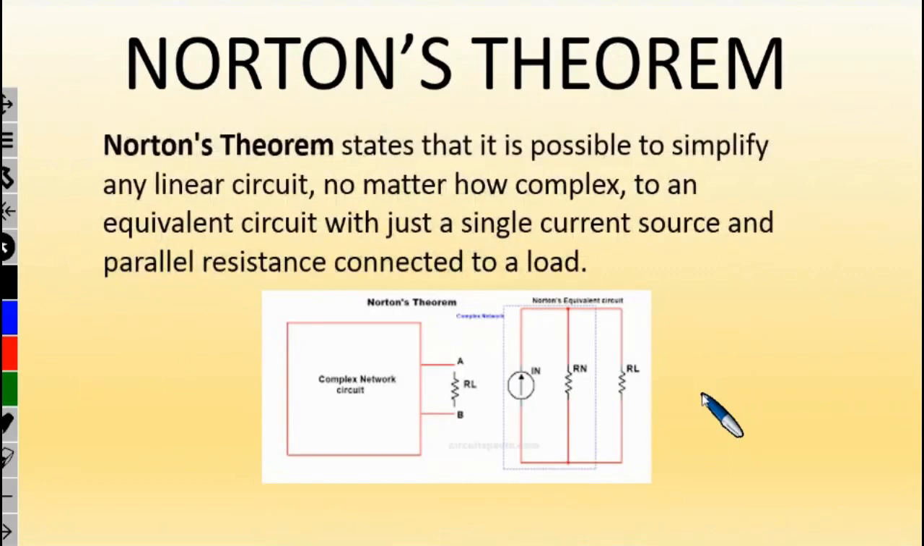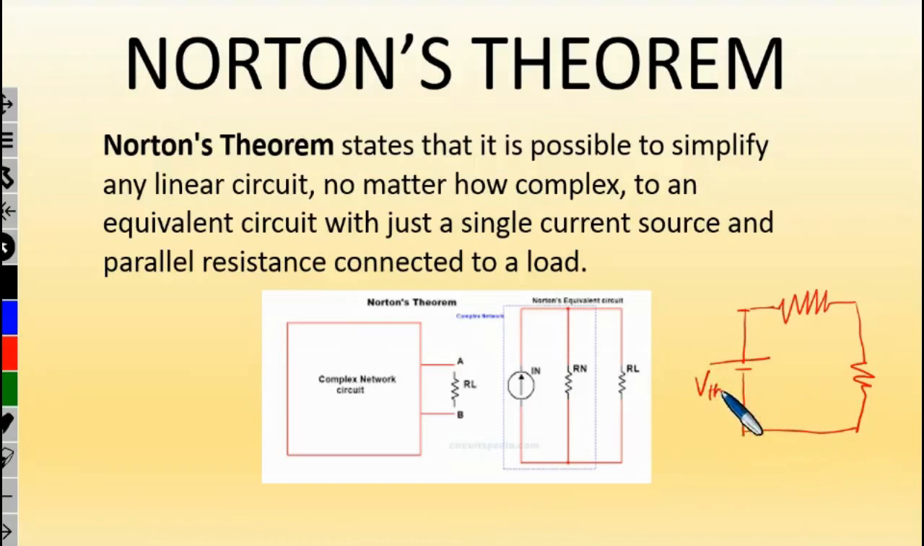So Norton's theorem states that it is possible to simplify any linear circuit, no matter how complex it is, to an equivalent circuit with just a single current source and parallel resistance connected to the load. So if you observe the figure here, in Thevenin's theorem we have a voltage source in series with a Thevenin's resistance,